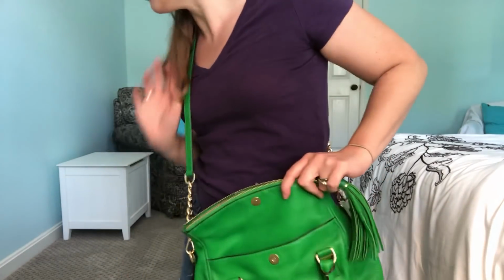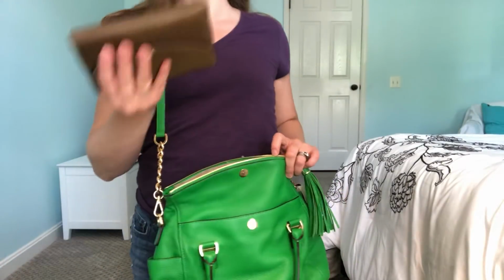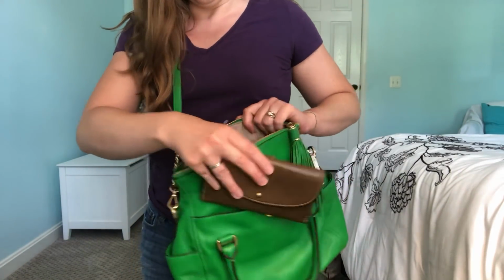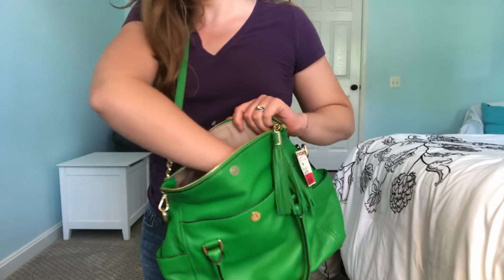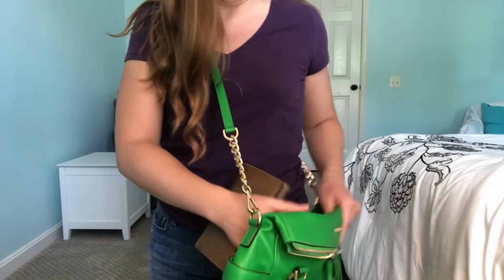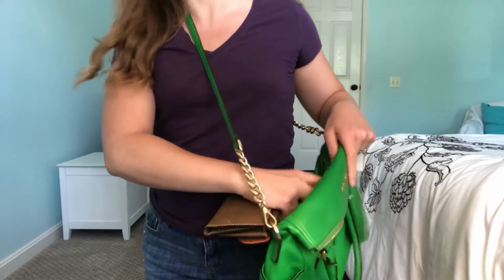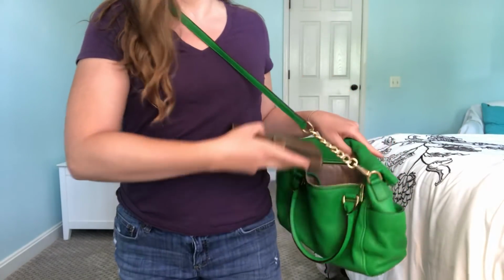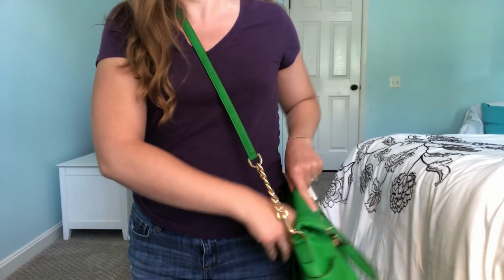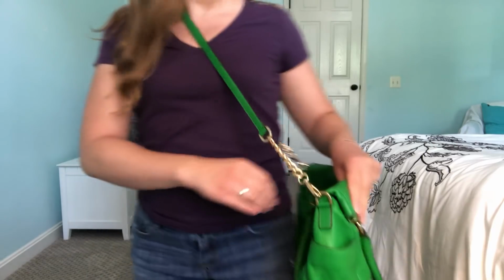And I do want to show you though real quickly that a full-size wallet will fit through this opening. And I will say the opening is more generous than like a Florentine satchel, a small one. And I'm going to show you that comparison here in a minute. But look, you can fit your wallet in and out of this back pocket, straight into the main body of your bag. Zip it up. I just think that is like,